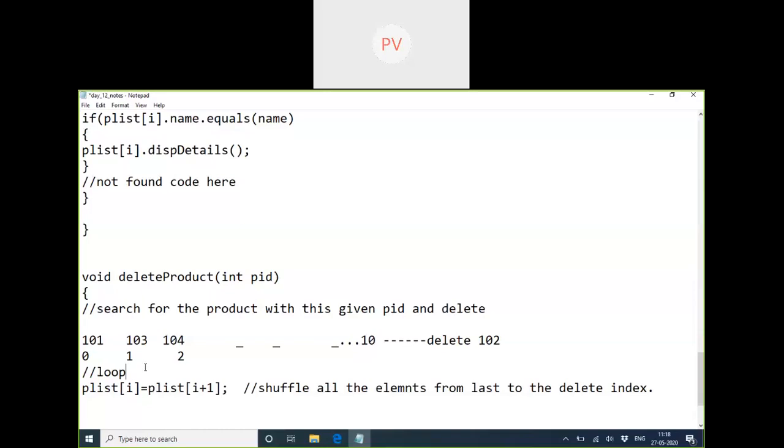So if you take an array to print all the elements, you have to manually write a for loop. To delete one element, you have to write again the for loop to check and delete. To add an element also, run a loop and go to the end, and then you add the element. Everything is manual in an array, because array is just a class with only data to store data, nothing more than that. Is that clear? So we have to run a loop to shuffle the elements.